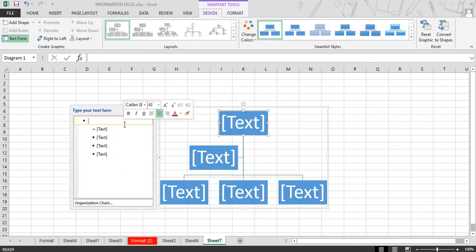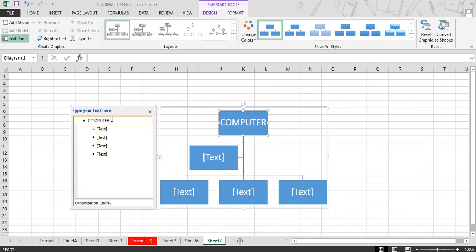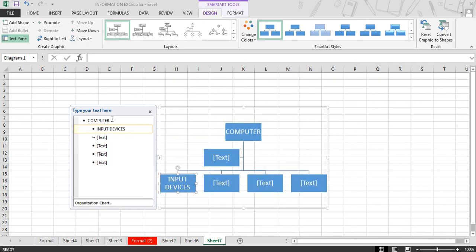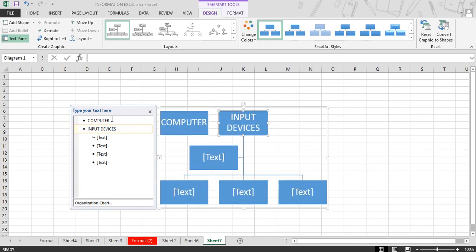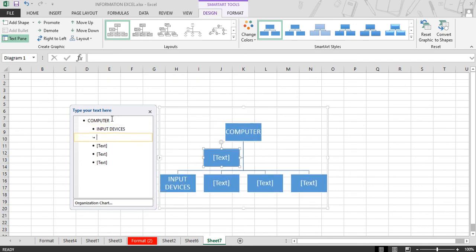Here we have a place to type your text. Either you can type your text on this or you can type your text in this text box. For example, computer, input devices. You can use the tab and shift key to make it a part of your list.